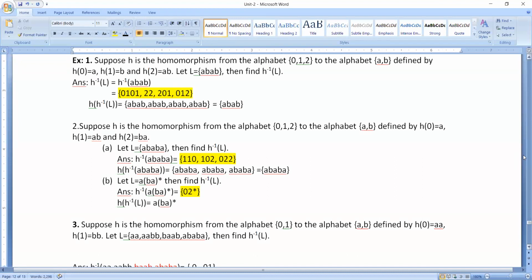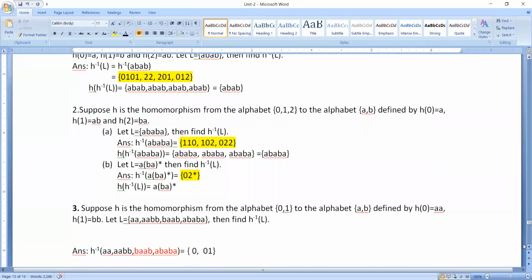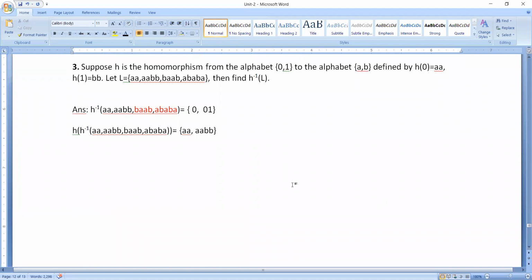Now, please observe, there is one very important point over here. The point is something like this. You have initially started with the string language which will be consisting of like this. But when we apply the inverse homomorphism function, now you got only two strings that belong to your language. You can see here, this is your language L. Now you applied the inverse homomorphism on the language L. When we applied the inverse homomorphism on this language L, we are able to get only two strings.